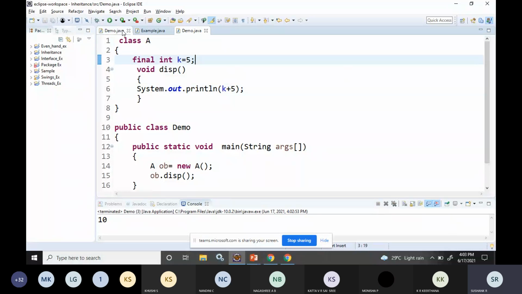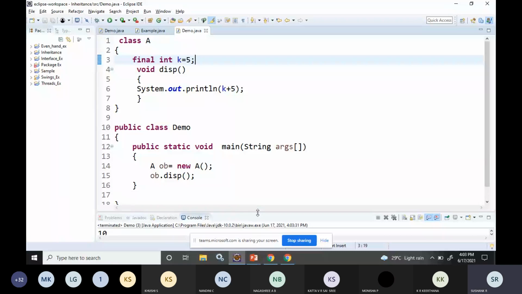After this, if I try to build, one second, I'll just save this.